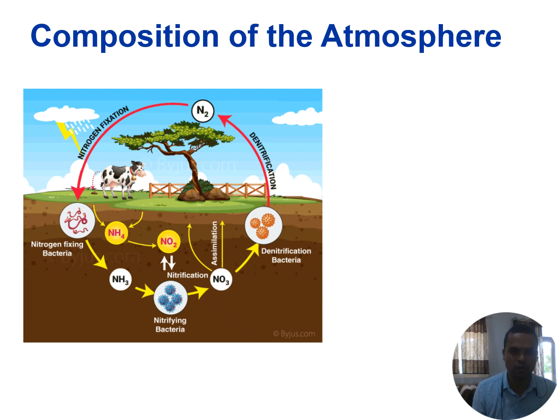Nitrogen comes along with the water or rain, and goes underground, and then a lot of nitrogen bacteria convert this nitrogen to ammonia or ammonium salt. Then there are different kinds of bacteria that convert it into nitrate or nitrite, and finally that goes into the plant, which converts it into amino acids, and we eat that and use that nitrogen for our health and body.